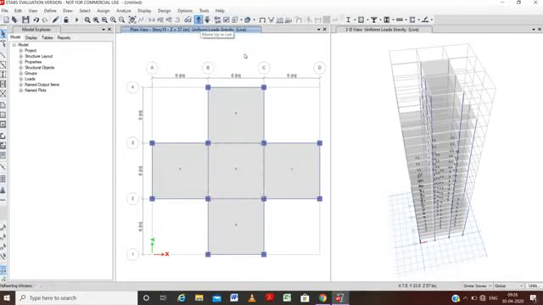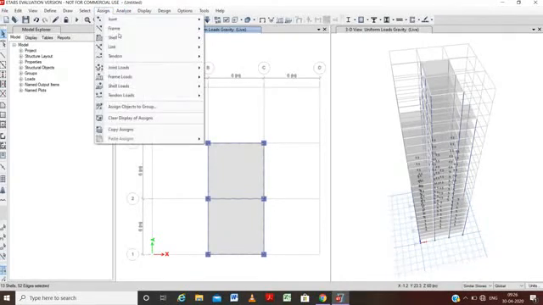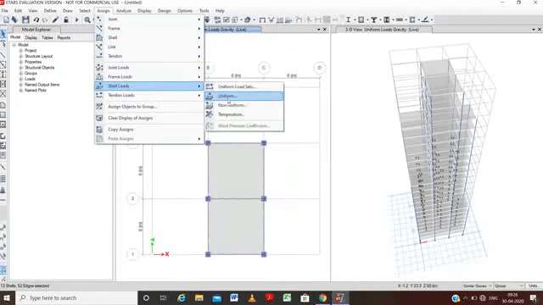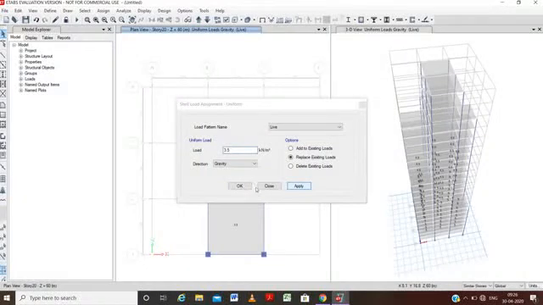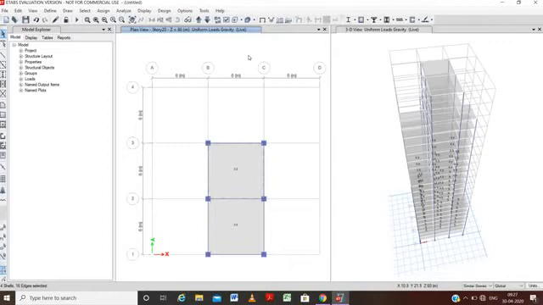So we have moved beyond the 19th story and we come to the 20th story. We will assign the load, cell loads, uniform, and change the load to 3.5 kilonewton per meter square. We will apply the load, keeping the similar stories option, and just press OK, and all the live loads are applied here. Now we will provide the auto cladding for the whole building.